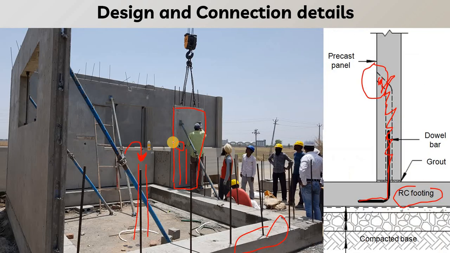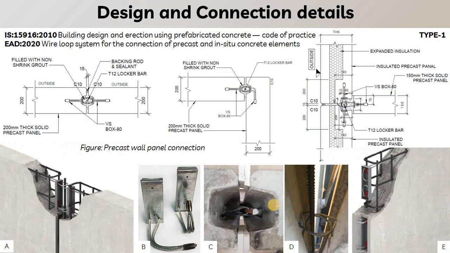Now we have already seen the vertical connection of the element. Now let us see how this panel to panel connection is done. Let us say there is a joint between these two panels. These two panels have to be connected with some material. We have already connected this panel with the ground, but we have to connect the panels in between. For in between we have two types of connections. The first is known as the